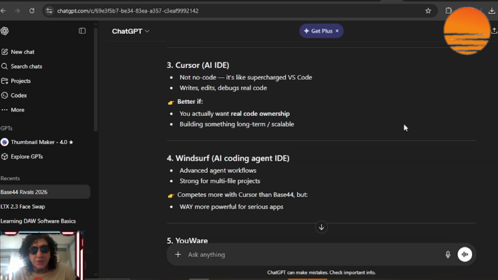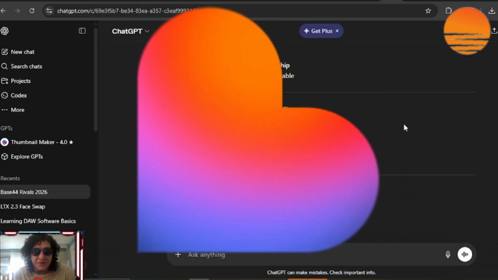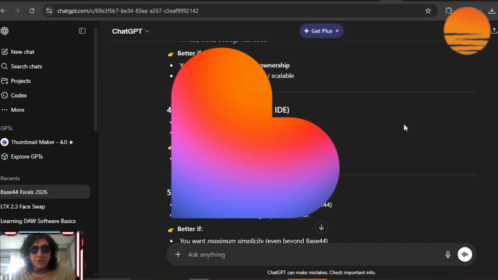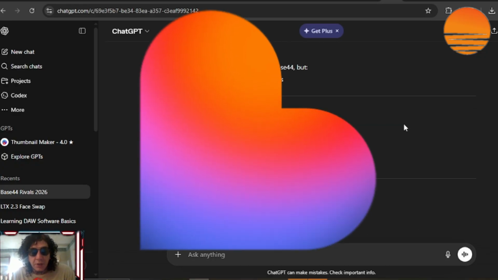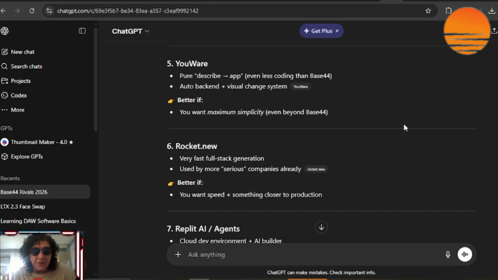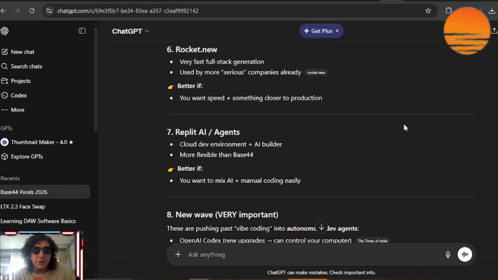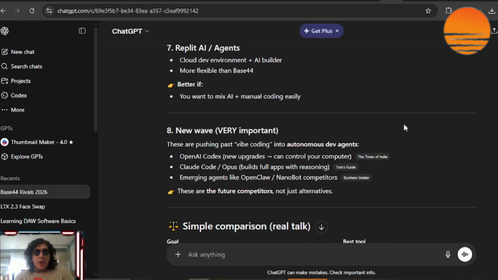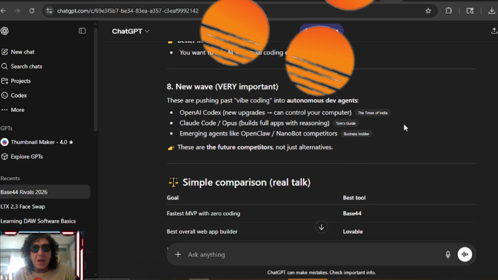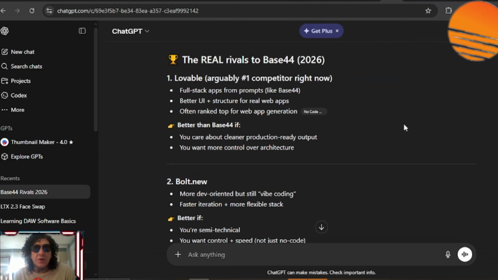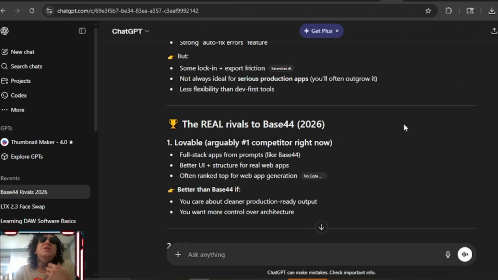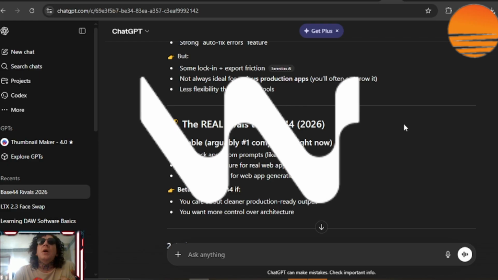I've messed with Cursor, of course. I use Windsurf all the time. Completely slows my computer down, but I love it. But anyway, if you want to slow this down, you can see some of the options. But right now, what we're going to focus on is I want to build something that allows people to